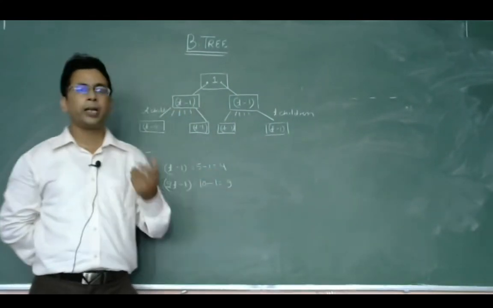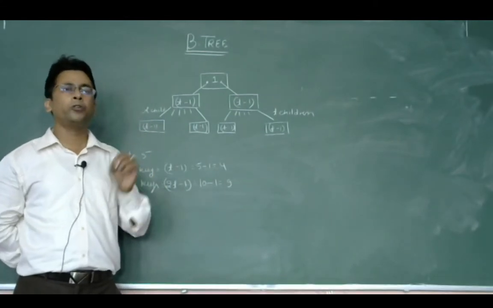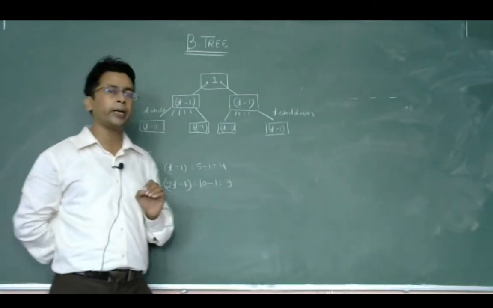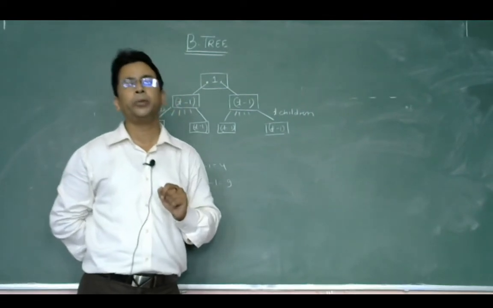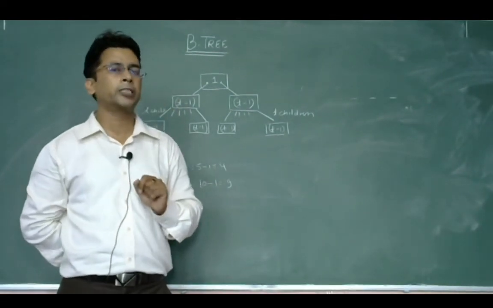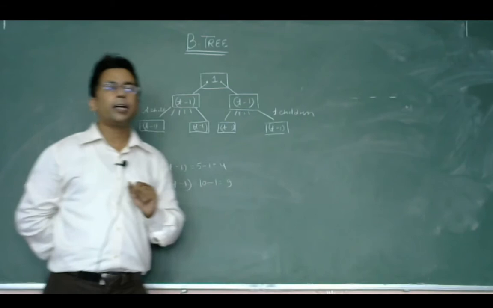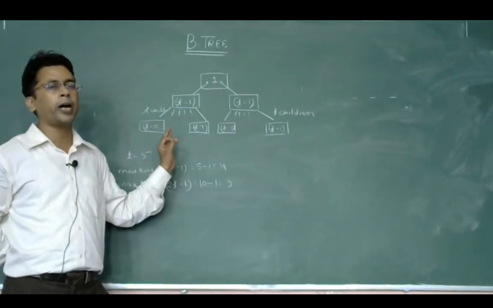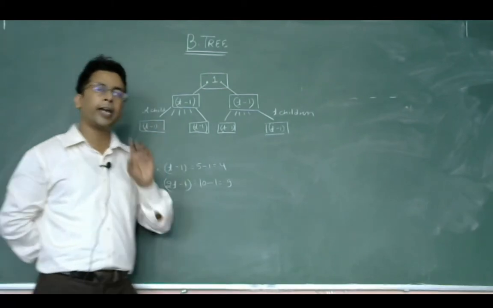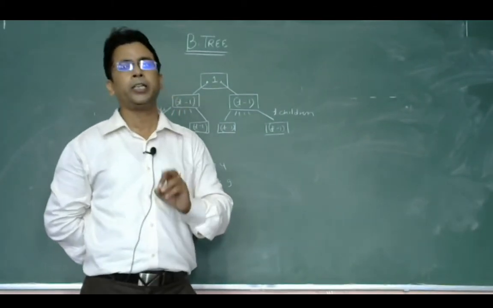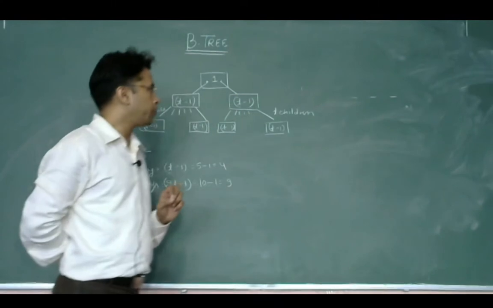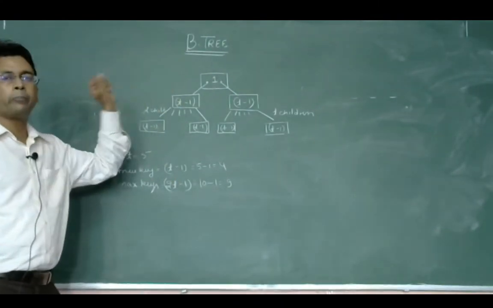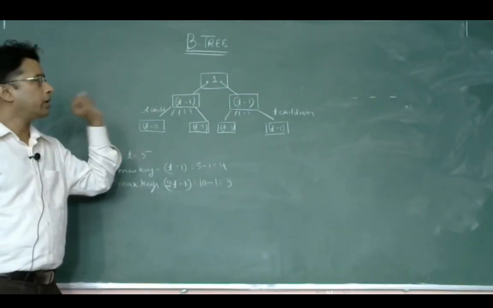So similarly, in this situation, if you fill the minimum number of key elements at a node, then the height of the B tree would be the maximum one. So I am trying to find out the maximum height of the B tree when there are n elements and the degree is t. Suppose degree is t and the number of elements is n.